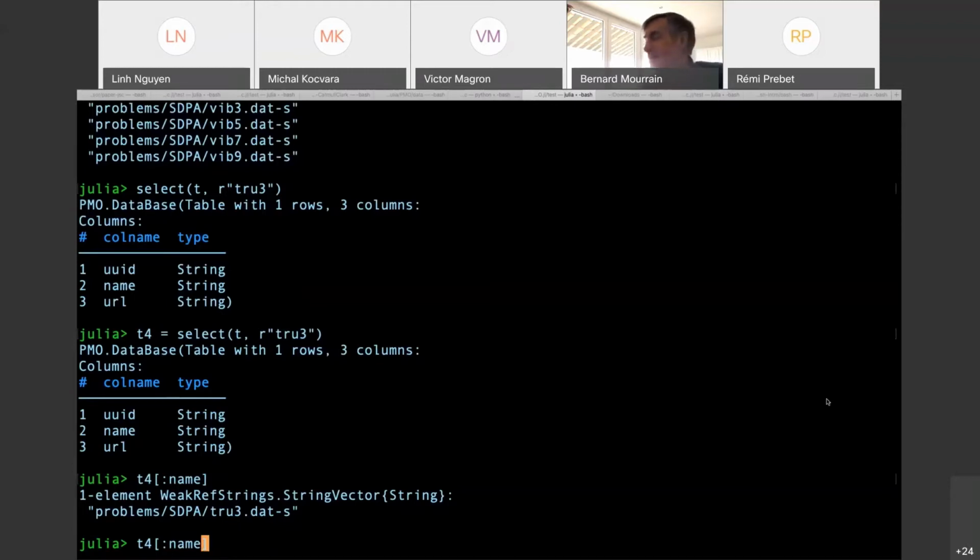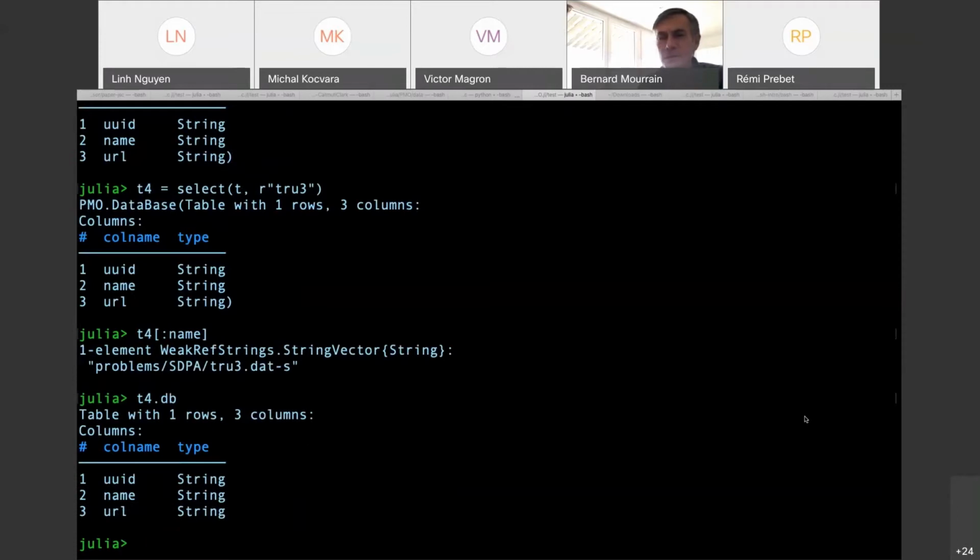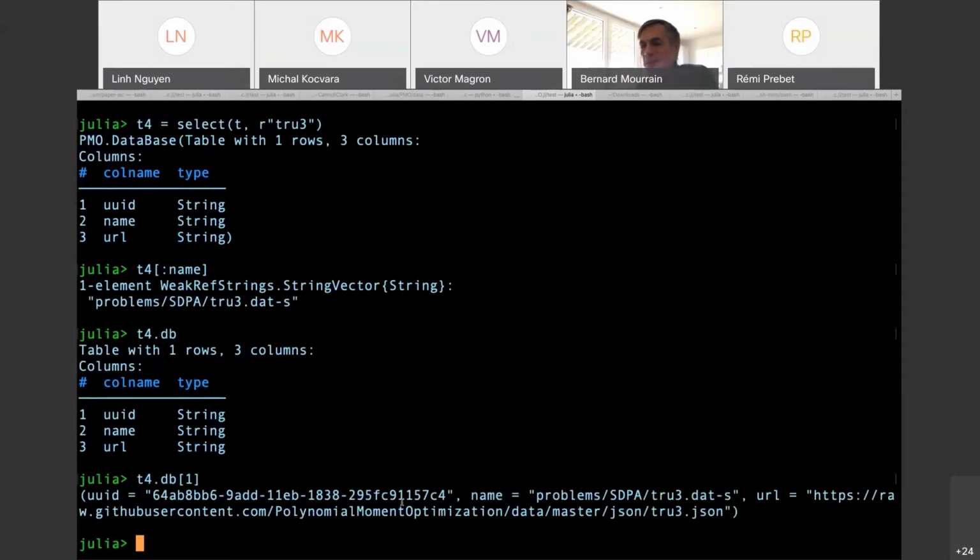I see, so that's the entry of the database. What you see probably is this entry, the row of the table, which we see here.